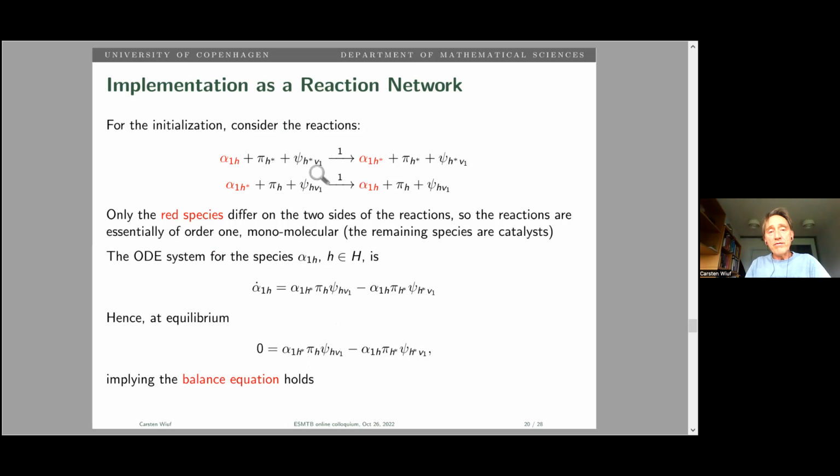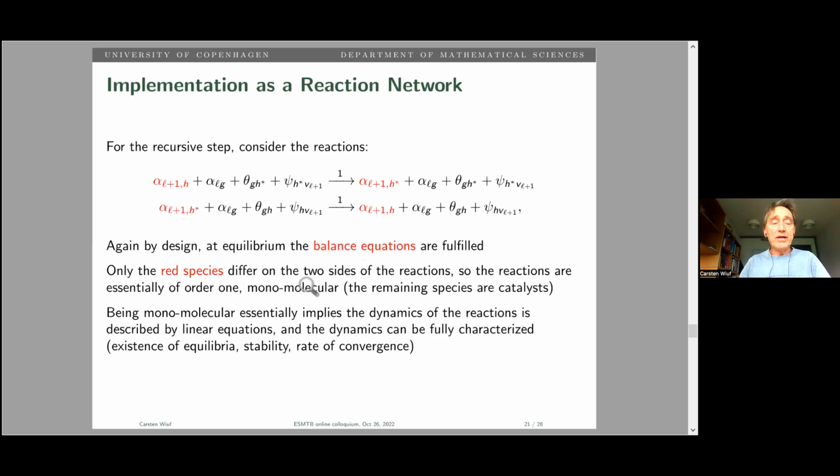So I take the current values of my parameters, I start the ODE system here from some arbitrary values of the alpha 1 h species, and then I let it run until equilibrium. And when that happens, then I have obtained that alpha 1 h equals alpha 1 h in the Baum-Welch algorithm. So now I have a little reaction network that actually does the first step of the Baum-Welch algorithm. I can replicate this